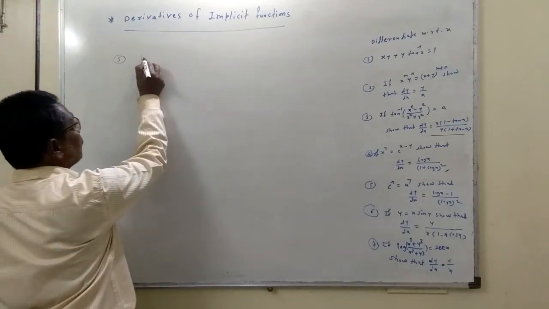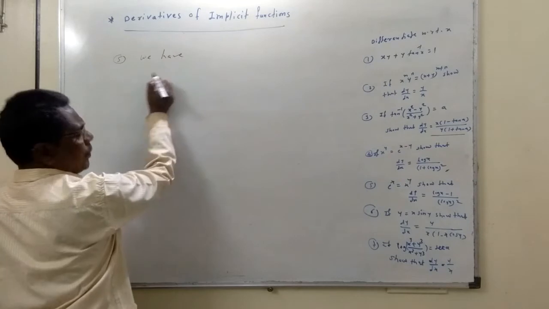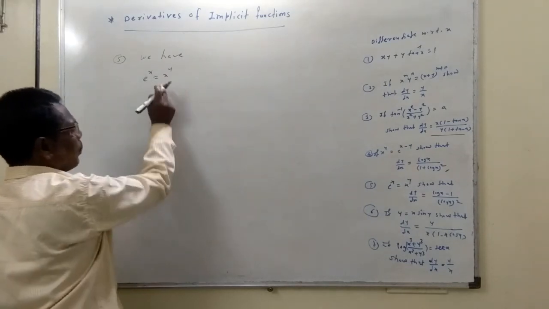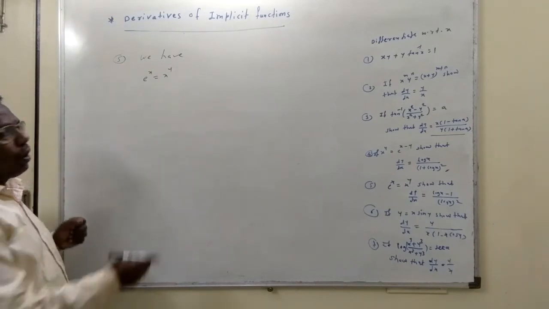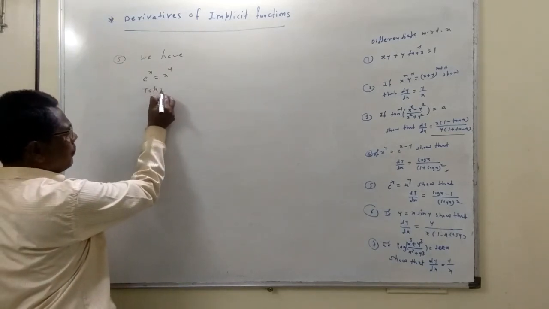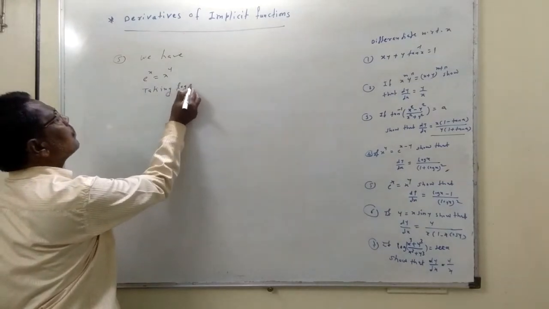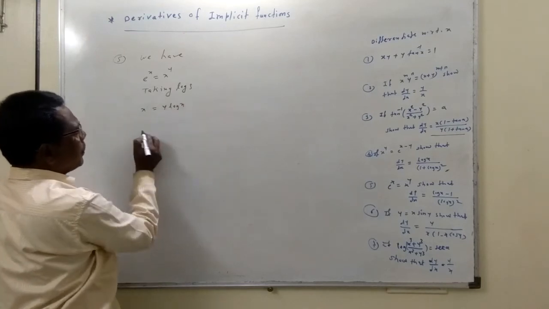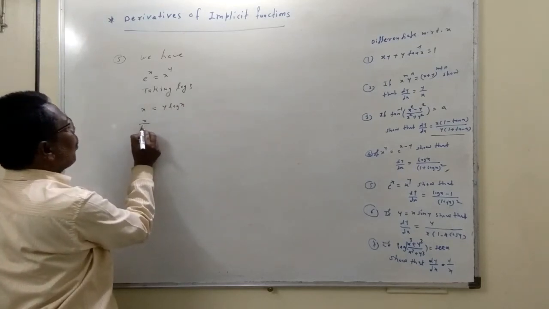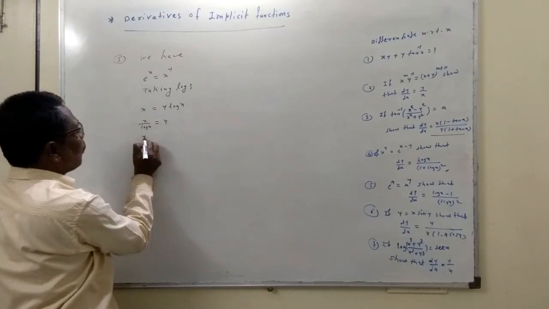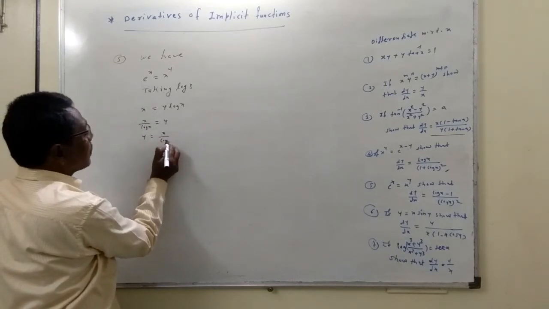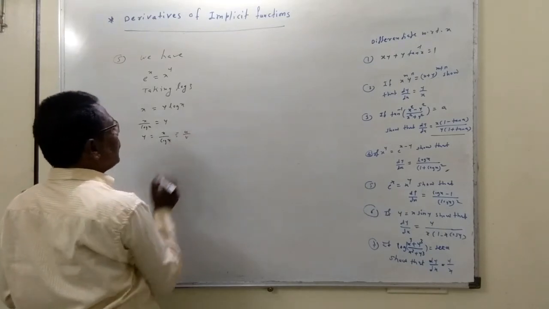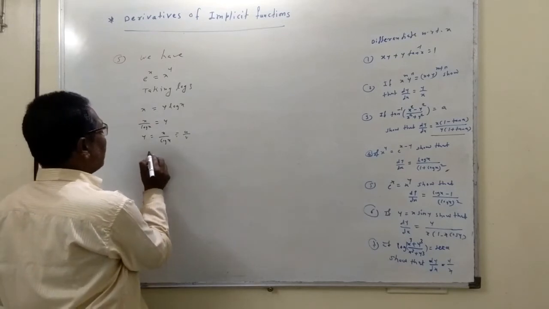Now we'll solve the next example, that is the fifth example. We have e raised to x is equal to x raised to y. Now here, function raised to function, so we'll take the logs. Taking logs, x log e, which is 1, is equal to y log x. So x upon log x is equal to y. So y is equal to x upon log x. That is, we have obtained explicit form. So it is a u upon v type of function. So use the theorem and differentiate.